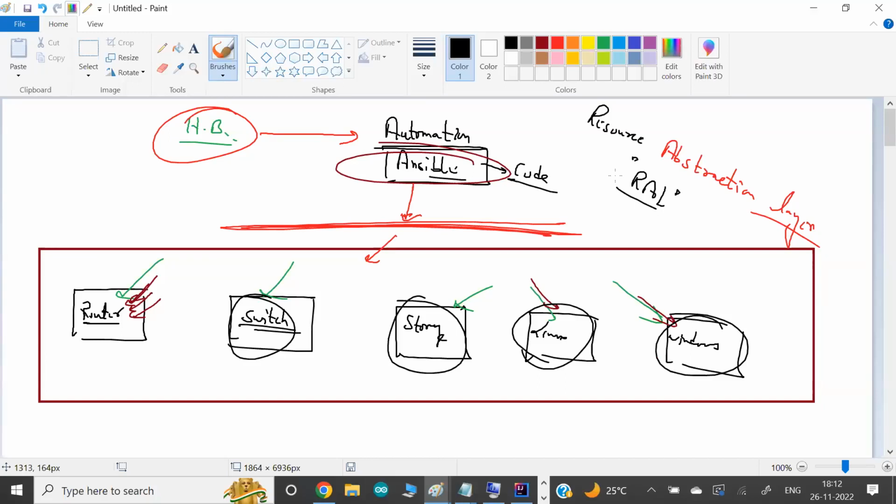It means you as IT admin, network admin, security admin, whatever kind of admin you are, wherever you want to do configuration management, just tell me the requirement, what you want to do, with the help of code. That's called a playbook. I will get your job done. From your perspective, I will just hide everything from you. But I know what is there behind the scene, and I know the respective native commands to perform on it. This is called the resource abstraction layer.